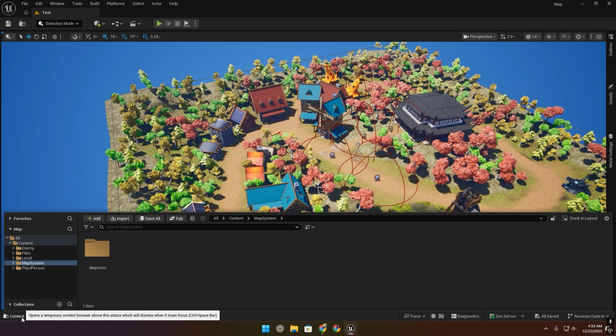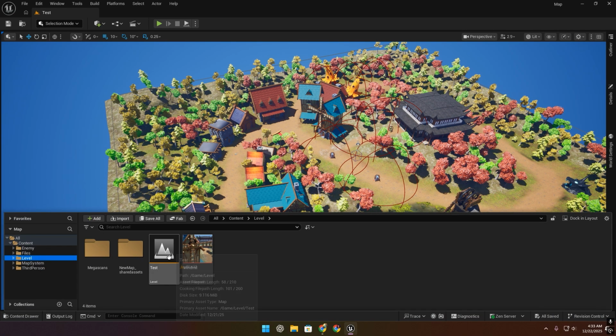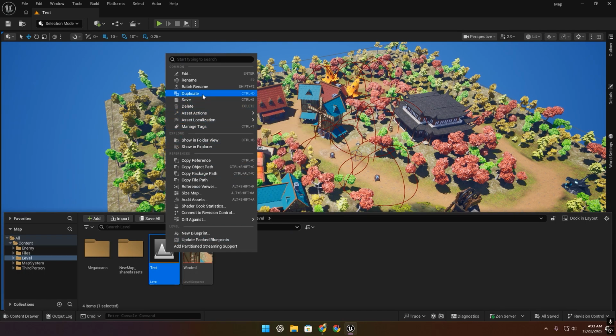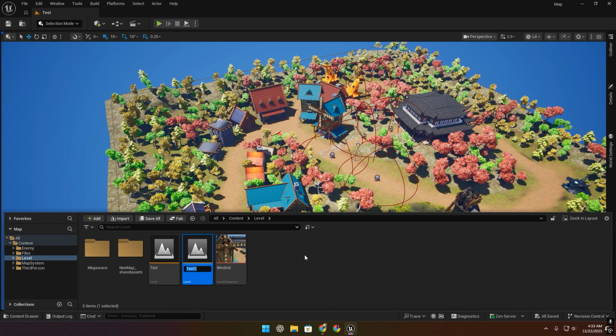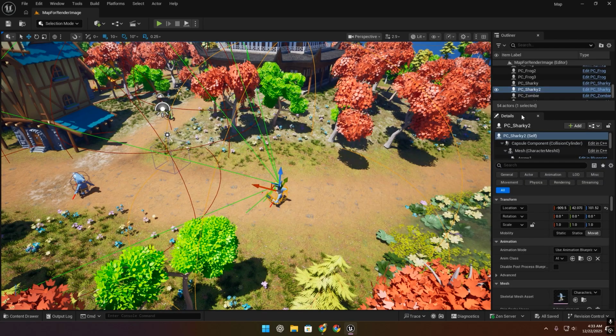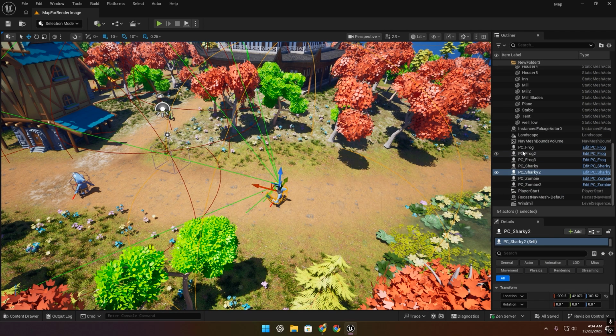Okay, now in content drawer, go to level, and this is our level. So I'm going to duplicate this one, and this is going to be map for render image. Now open this level. Now I'm going to remove all of this character,